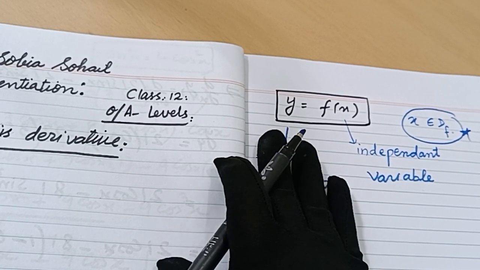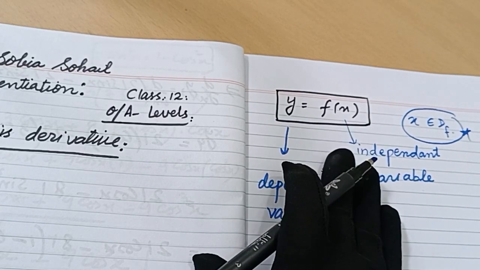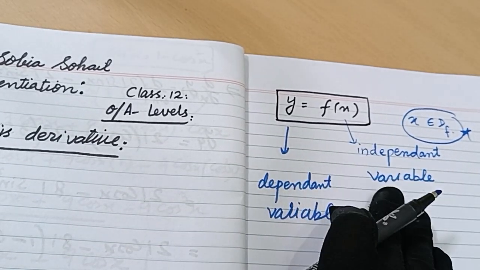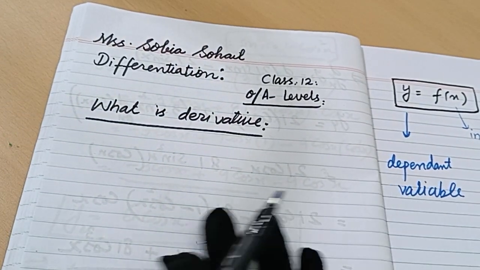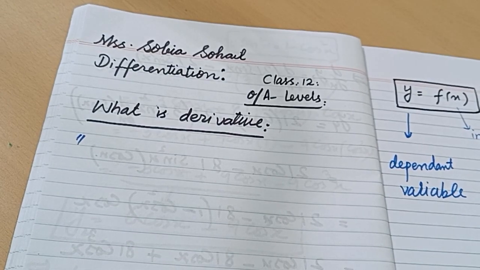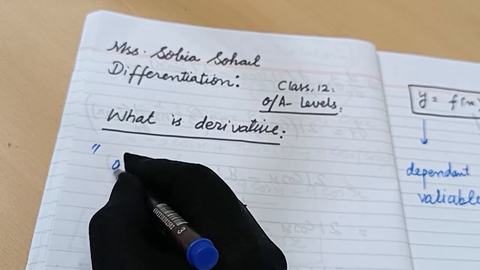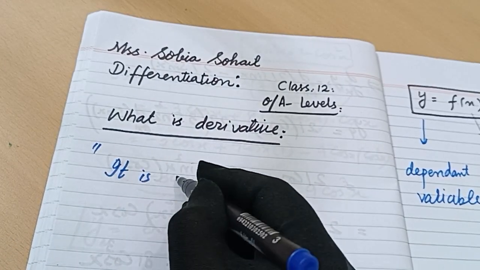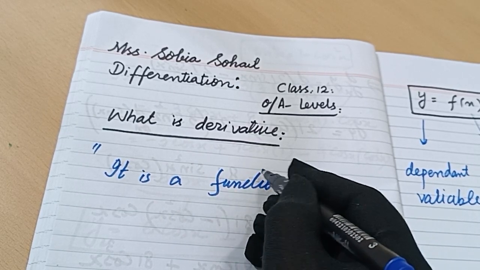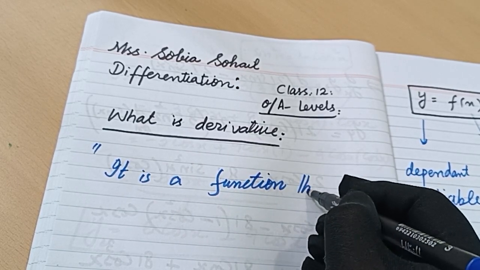Okay, keep this point in mind that we are dealing with a function which is dependent on another variable. So y equals f of x is a function where y is called the dependent variable and x is called the independent variable. Now we come to the proper definition of the derivative. What is a derivative? It is also a function. What type of function is it? It is a function that is